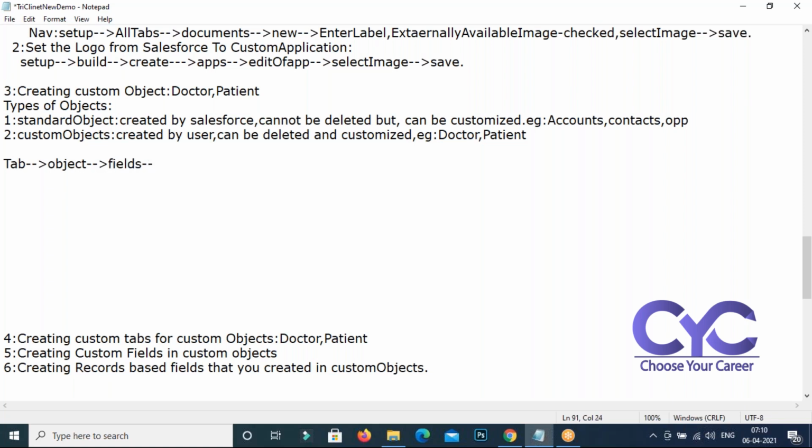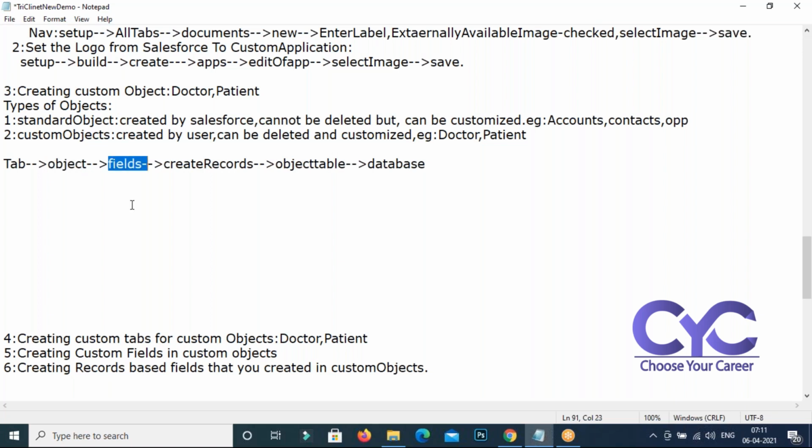By using these fields, you're going to create the records. These records are going to be stored in the object table. Agreeing? The object table is there in the database. So you should get a clear idea on this. Are you getting? Whenever you access this tab, you are going to access the object. That object is already there in the database.